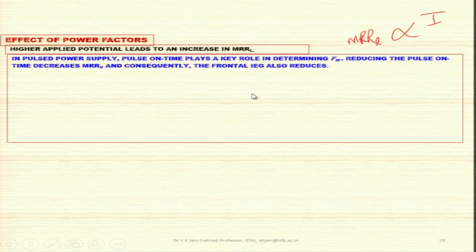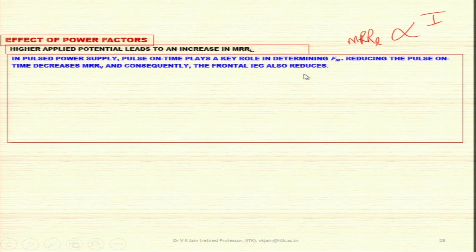In pulse power supply, pulse on time plays a key role in determining FM, that is the feed rate. Reducing the pulse on time decreases material removal rate. When you are decreasing the pulse on time, that means the total time for which current is flowing decreases, and if so, then definitely material removal rate, volumetric as well as linear, is going to decrease,